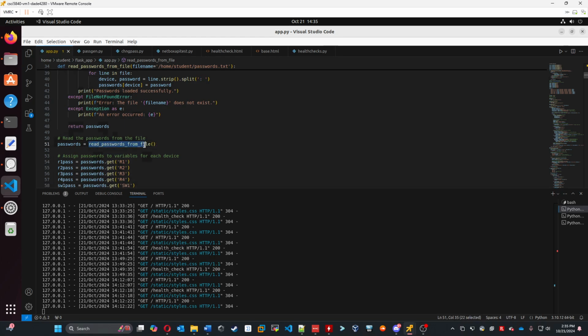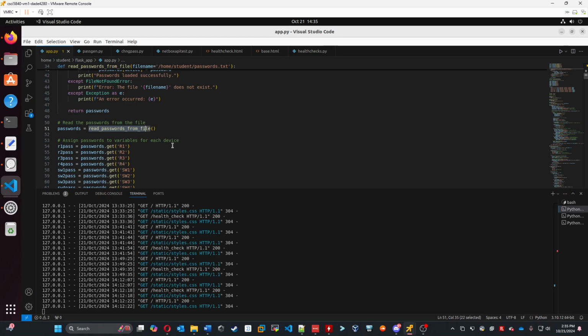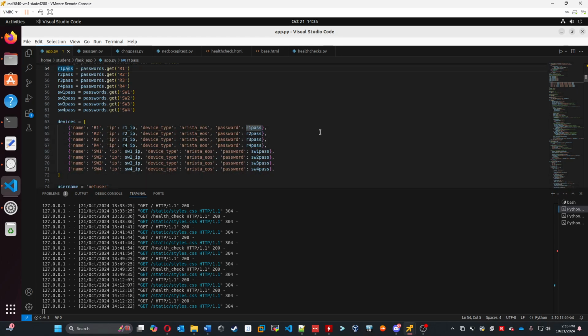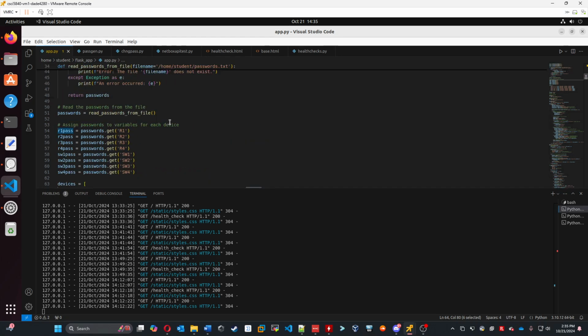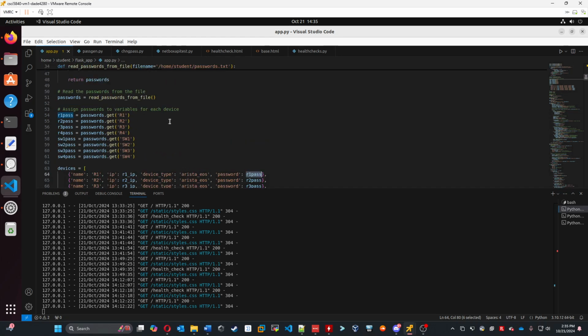This will store a list of all of the different device names to password matchings. So R1 will get the password, colon separated, and then be able to save that password to a function. And then again, I'm sending that function down here to devices so that I'm storing that information in a dictionary so that I can use it